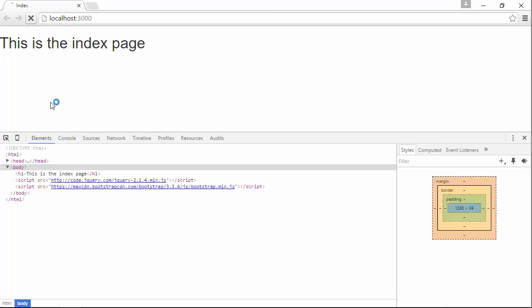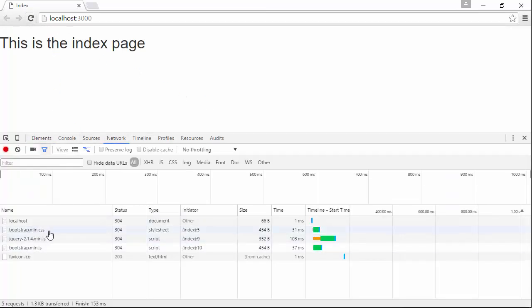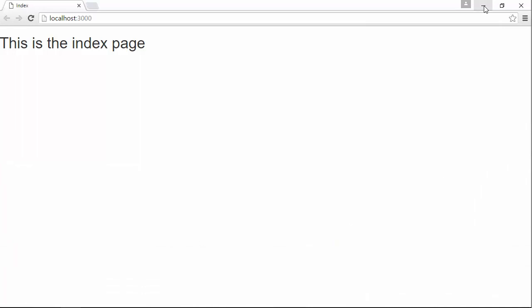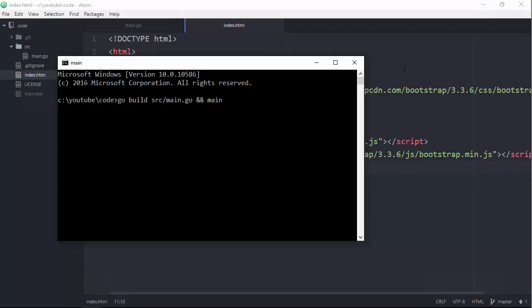If I refresh and check the network tab, I see that the Bootstrap CSS, jQuery, and the Bootstrap JavaScript libraries are loaded in. So, not a big deal there. We'll see that throughout the rest of the screencast. I just want to show some things behind the scenes that are going on as we work with this and templatize it. So the first thing that I want to do, after I close this down,